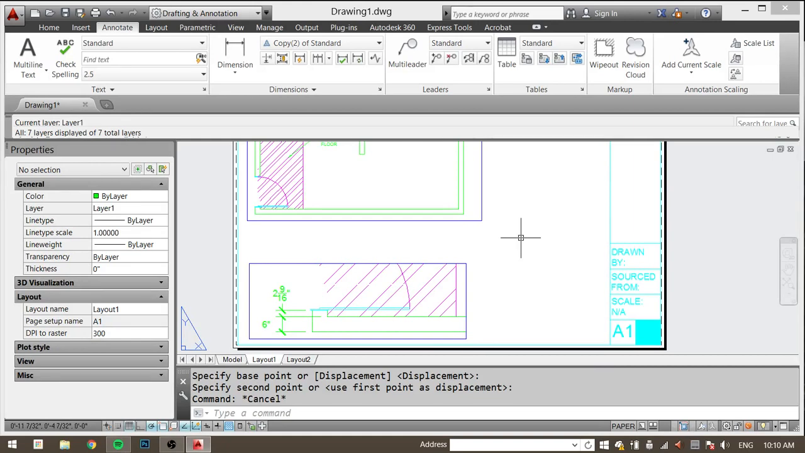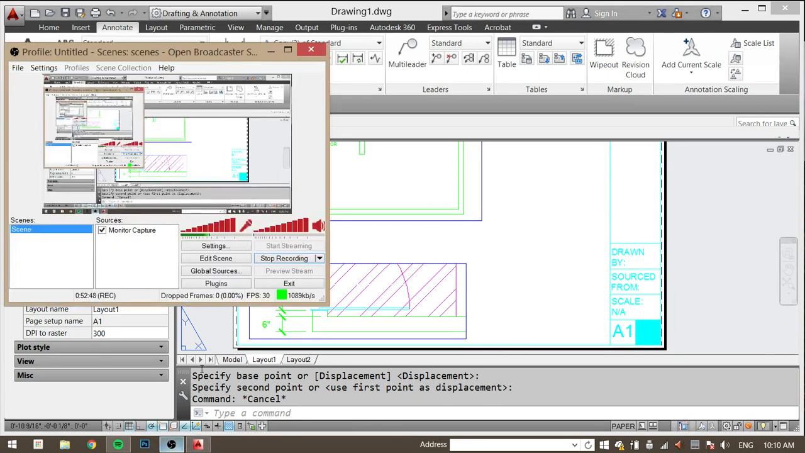Any questions? If we're calling out individual scales for each drawing, we still need to note